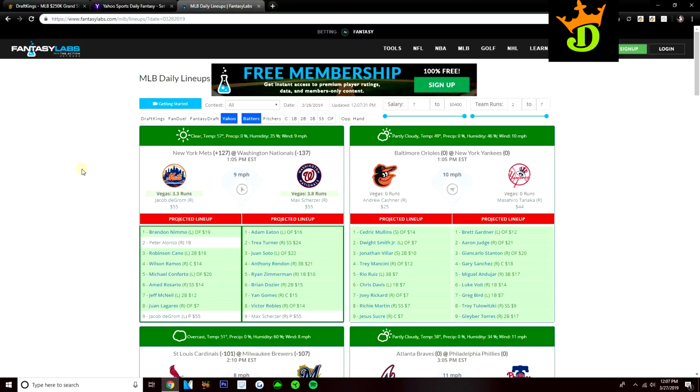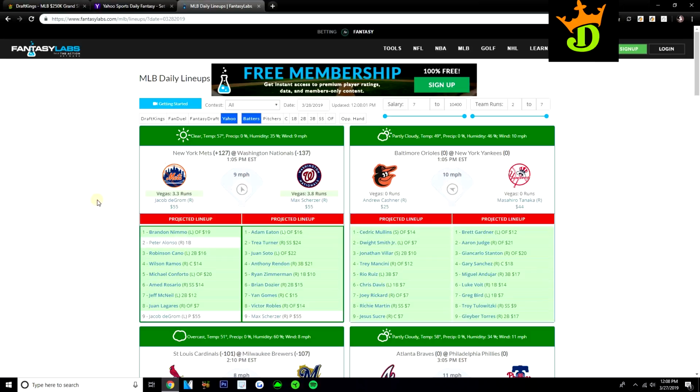This is probably the number one tool that you need to be using for MLB DFS. It gives you the projected lineup for the teams, what their projected lineup is expected to be, and then once the lineup gets released, it'll turn green and it'll give you the confirmed lineup. It gives you the implied run total for both teams. Mets 3.3 implied run total, Nationals 3.8 implied run total. Vegas is something I factor in quite a bit for MLB DFS. I think Vegas is important for all sports, but for MLB, I think that's where it's the most important.